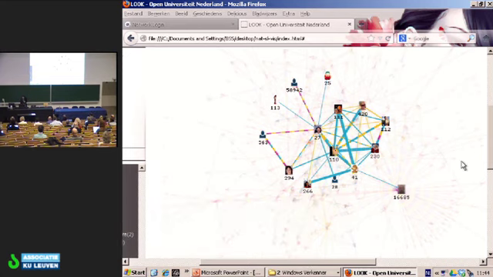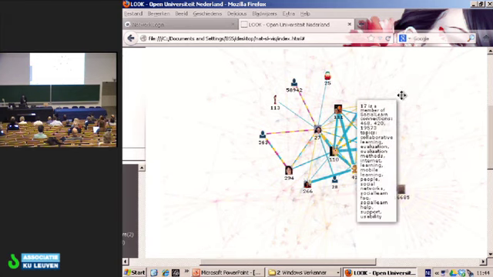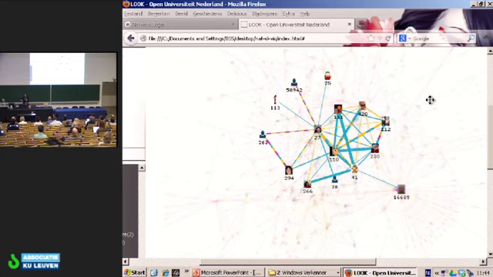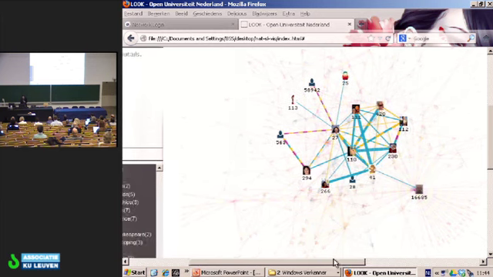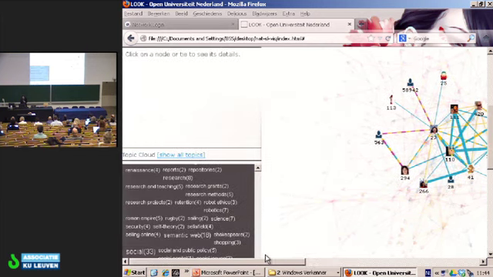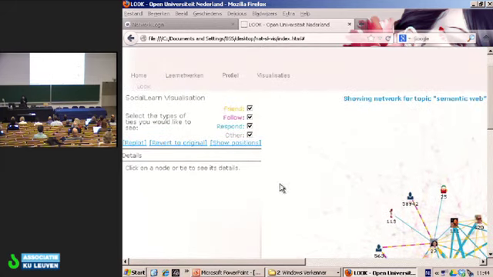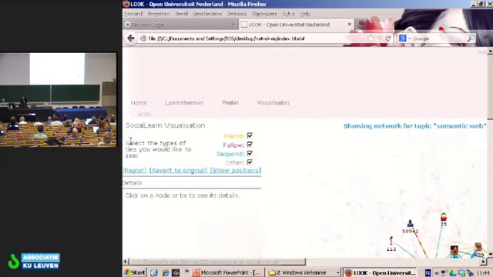So what we see here, for example, is that we have two really central persons. One is more in the friend zone and the other is really active in interacting. Now if you move from the network level to, yeah, it's really annoying that I have to scroll all the time. You can replot the network. You see it moving here.